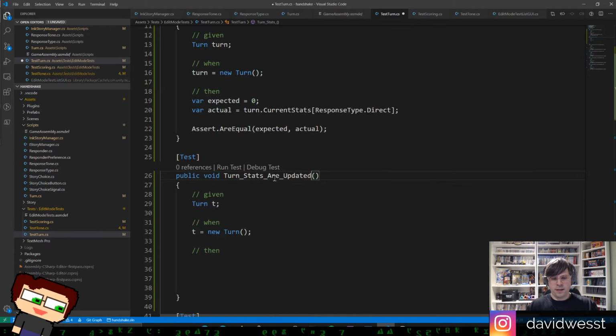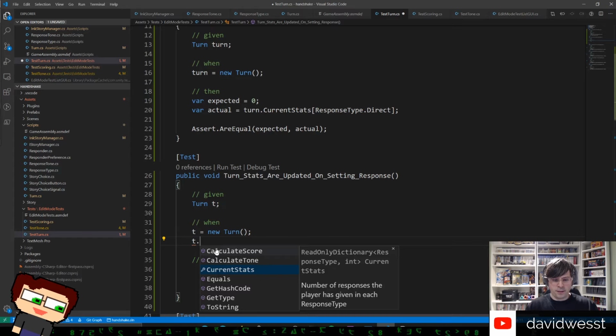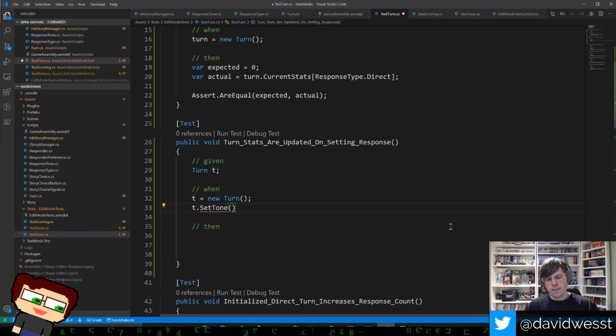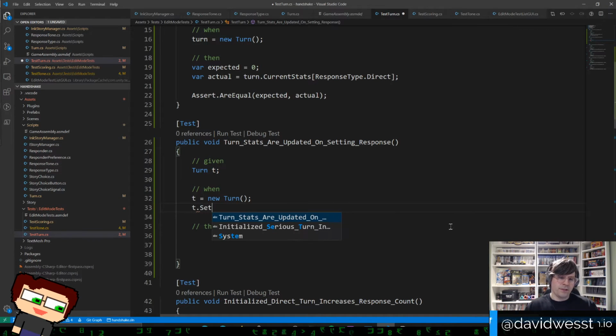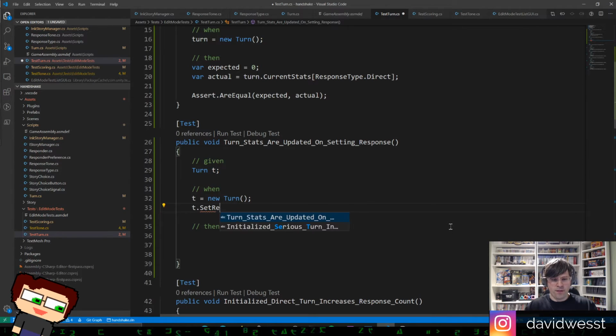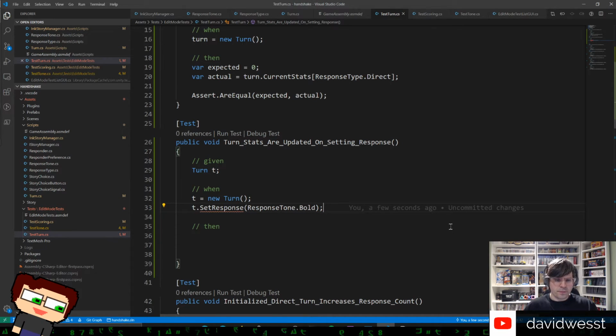Stats are updated on setting response. There, perfect. So new turn. We need a new method here. When new turn, and then t dot, let's call it set tone. Yeah, let's do set tone, because this is going to be a set response tone, because you can only ever have one, and there's going to be some extra stuff that happens with this. We'll do response tone, bold out of default, and under that,